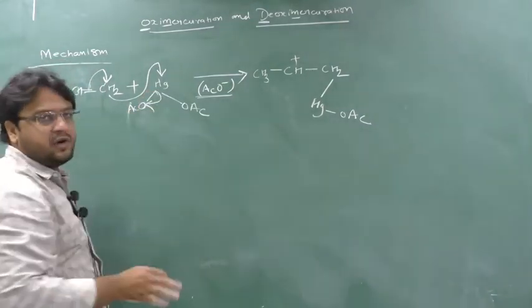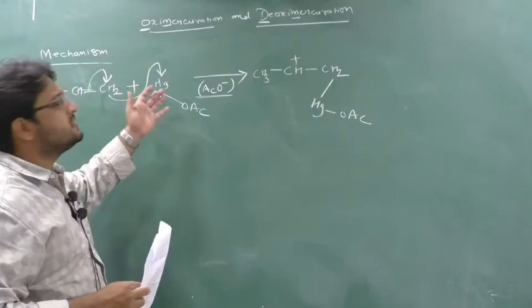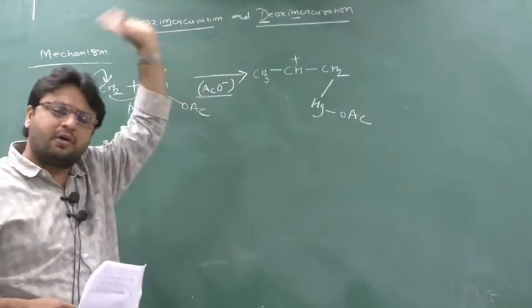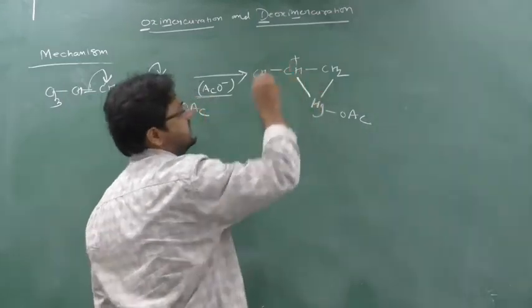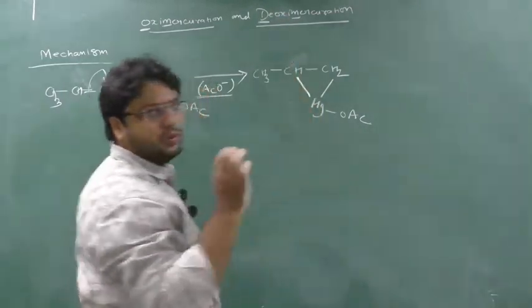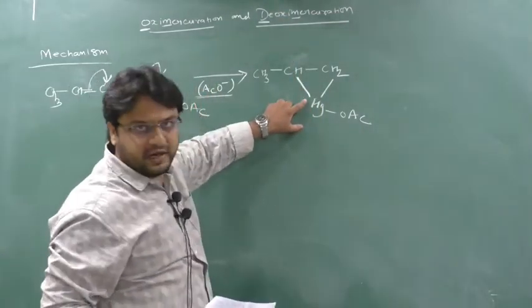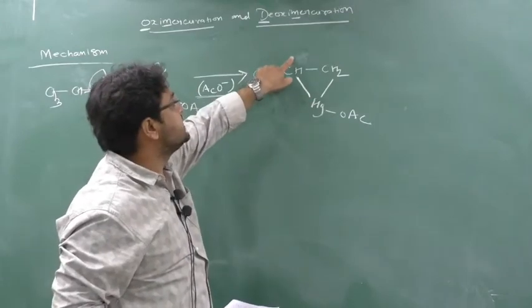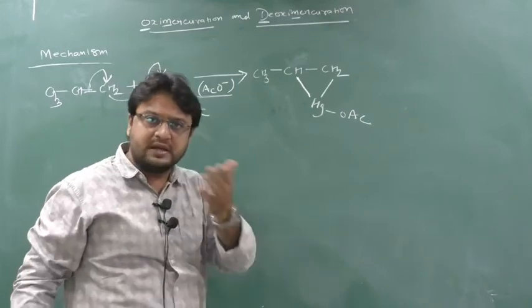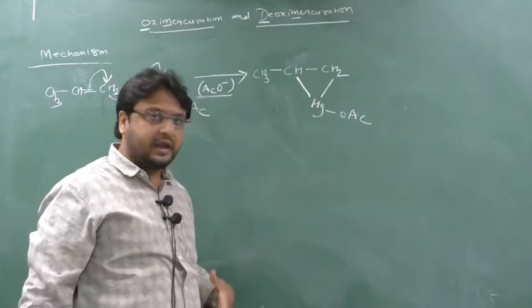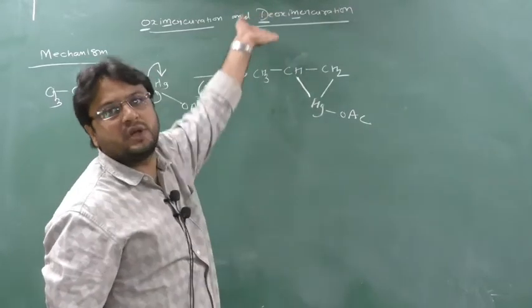If it has taken an electron, it doesn't make any difference for Hg. Hg is saying, okay, no problem, you can leave, I have more electrons. So he is having more electrons, so suddenly he will do the reaction with this CH. So here a plus sign will be shown, because he has the maximum number of electrons, and CH plus means there is a requirement of an electron. So Hg is telling, if OAC is going, it doesn't make any difference, I will make a bond again with CH, because he is showing the plus charge.